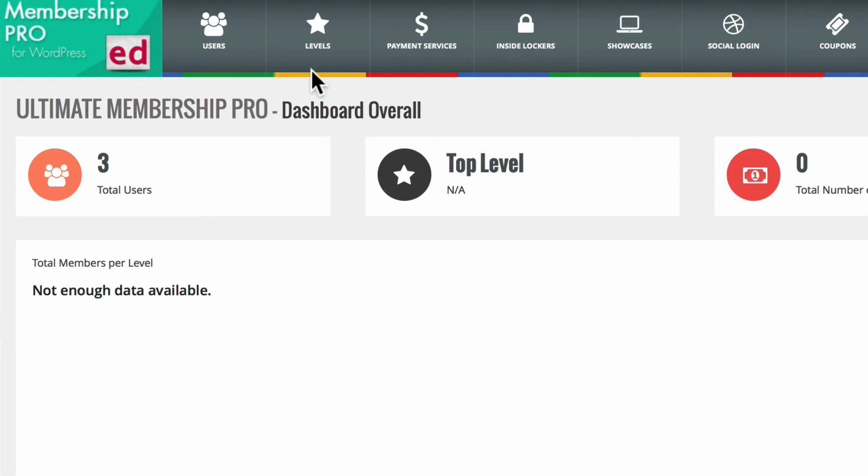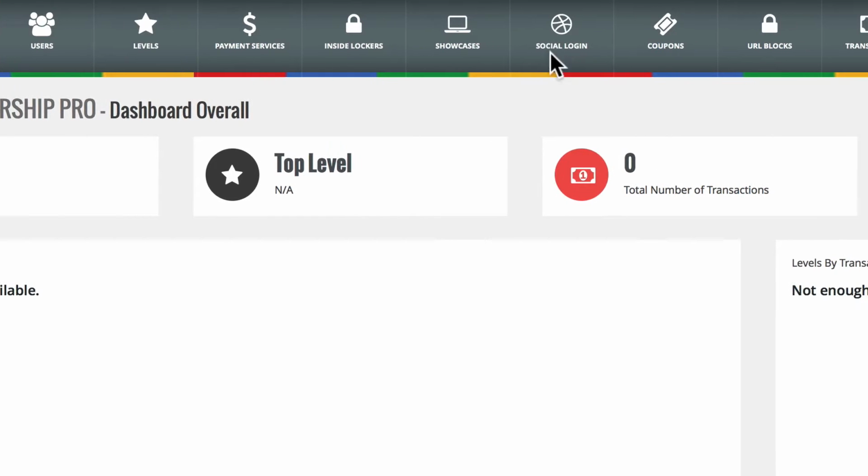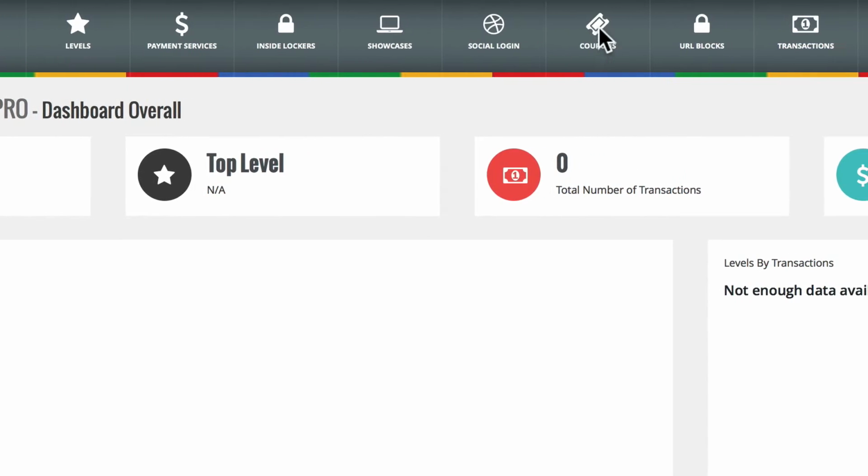At the top you'll notice little tab icons including users, where you can create users and save your user list, levels for subscription and user levels, payment services that help you connect your payment gateways, inside lockers that helps you hide content within content,